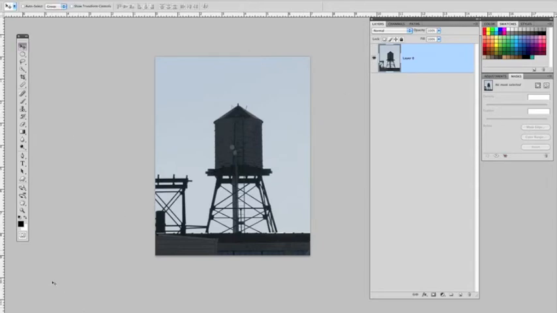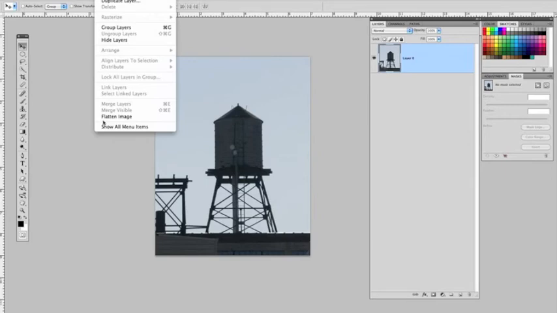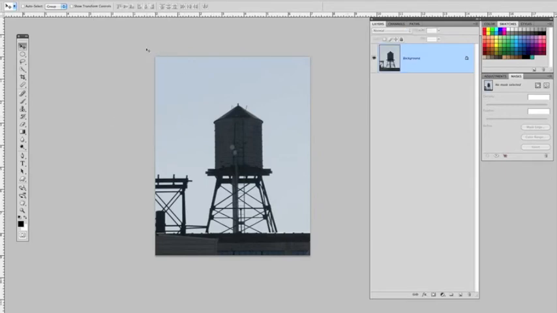So what I want you to notice is over here on the side of your toolbar you have black as the foreground and white over here as the background. You want it just like that before we go ahead and do our next move. What we're going to do is click on the layer and go to Layer, Flatten Image, and then go up